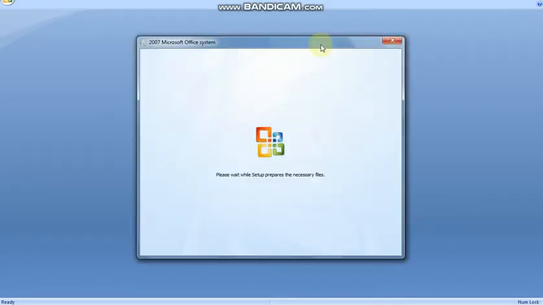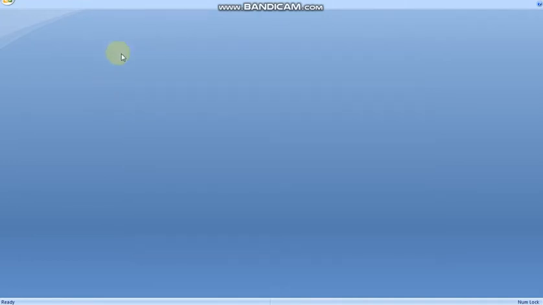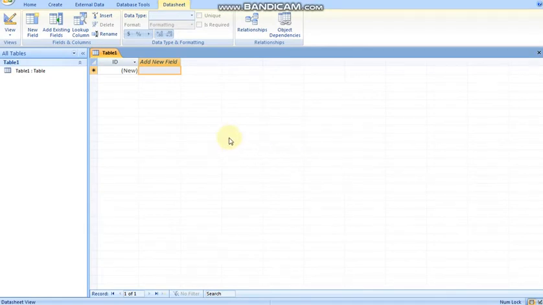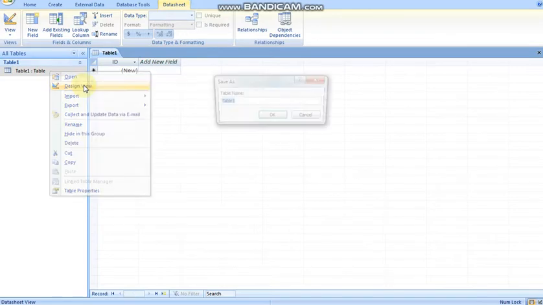So stud is our database name, and then click on the Create button. It will display a screen like this. This screen is divided into two parts, left and right pane. In the left pane, right click on this strip and select the option Design View. As you already know, design view is a view in which you can design your table, meaning you can decide your field names and their data types in this view. So just click on this.